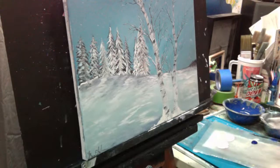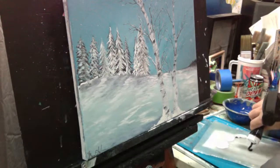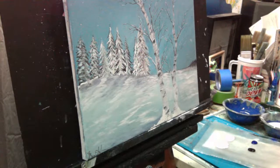Might have to actually change these gloves. It's pretty black. I don't really like having black paint all over my glove. Anyhow,